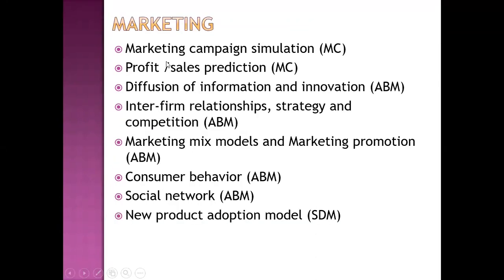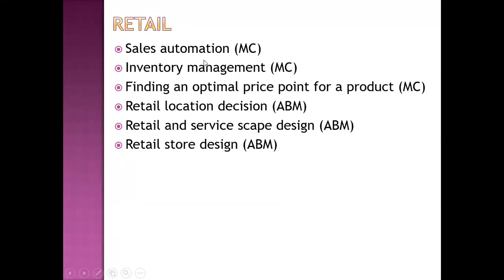Then in marketing: marketing campaign simulation, Monte Carlo, profit and sales prediction, diffusion of information and innovation using agent-based modeling, interfirm relationship, strategy, and competition using agent-based modeling, marketing mix models and marketing promotion, consumer behavior, social network, new product adoption model. Then in retail: sales automation, inventory management, finding an optimal price point for a product, retail location decision,